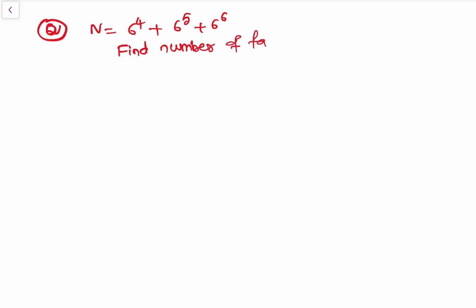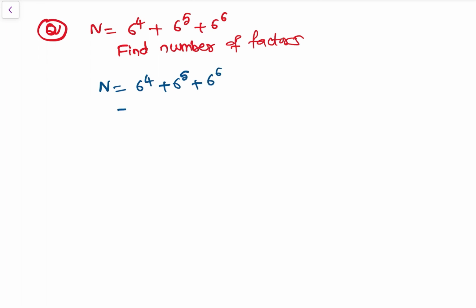ठीक है, ये इधर दिया नहीं है. So that is n is equal to 6 to the power 4 plus 6 to the power 5 plus 6 to the power 6. ठीक है, find number of factors. Number of factors. ठीक है, so number of factors. So that is n is equal to 6 to the power 4 plus 6 to the power 5 plus 6